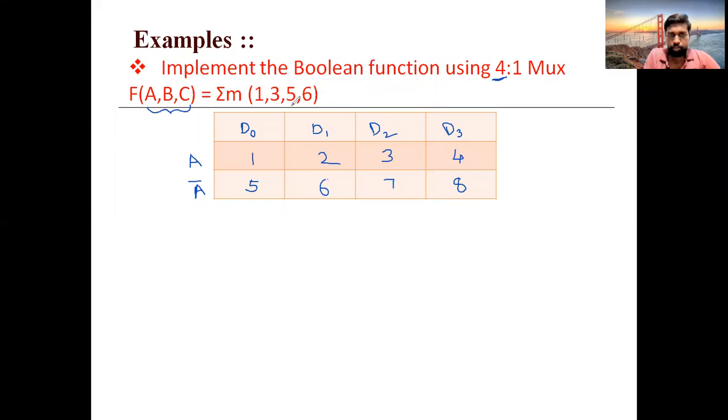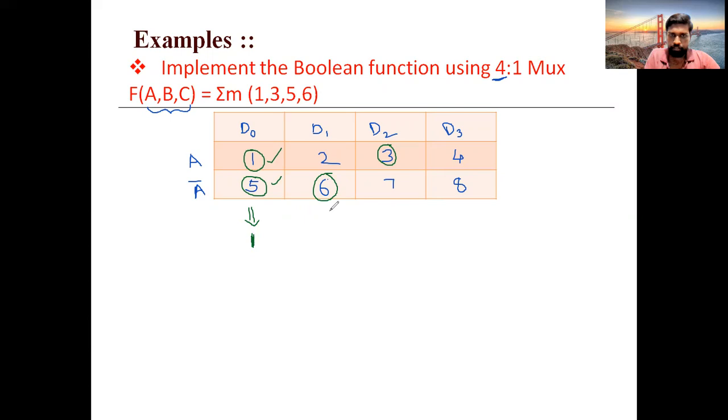Now, the given numbers are to be circled. Circle 1, circle 3, circle 5, and circle 6. Now you should write the values. What is the value of D0? Verify the column of D0 when all the cells are circled. This is circled, this is circled. Then the value is 1. Remember that when all the cells are circled, the value is 1.